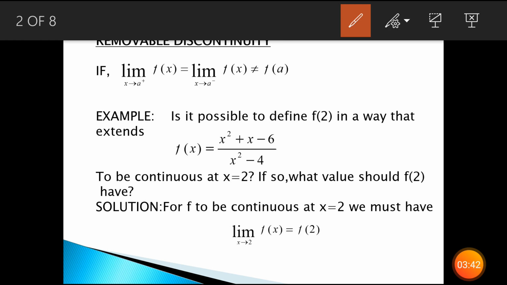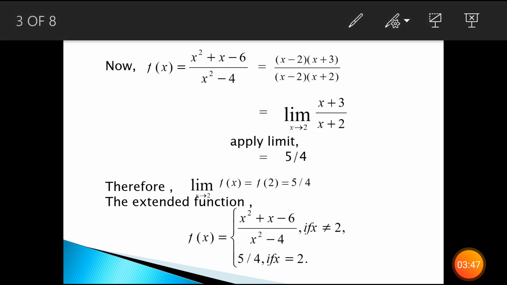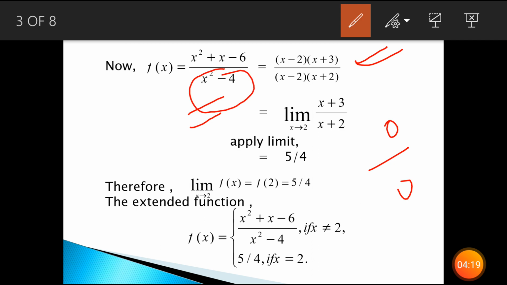See, I told you many times, as you would have studied in 11th standard while solving limits, if the function at that point has 0 by 0 form, then we first simplify the function, factorize it or solve it via some tricks, and only after that we apply the limit. So in this case also we are going to simplify the function. x square plus x minus 6 is a quadratic expression, so we factorize it and get the factors x minus 2 and x plus 3. x square minus 4 is in a square minus b square form, so the factors are x minus 2 and x plus 2.